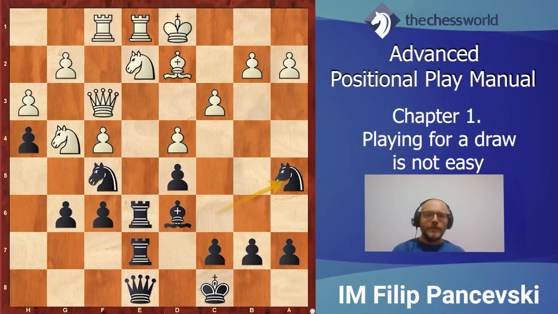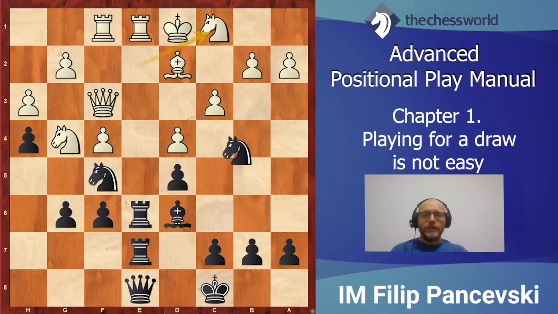When the knight comes to c4, he will attack the b2 pawn. He will maybe threaten to take on d2 the bishop. Knight d3 is also a threat at that point. So the knight suddenly becomes an important piece. For example, white here played b3, but for example, if knight c1, then black can play knight c4,